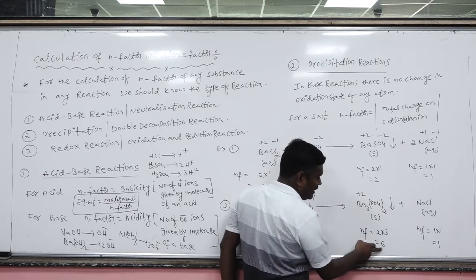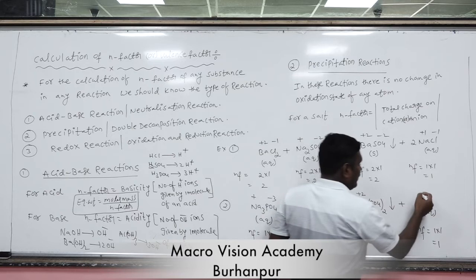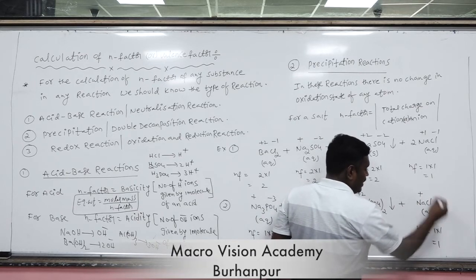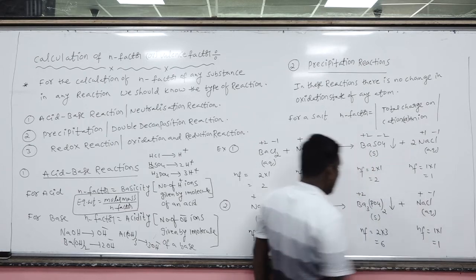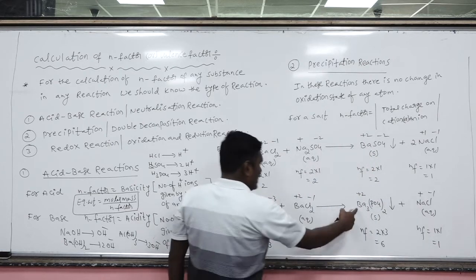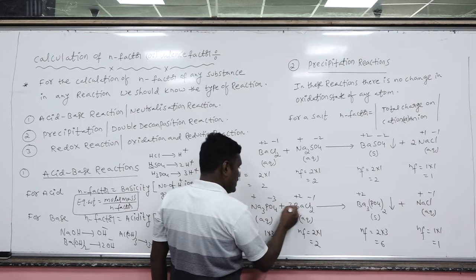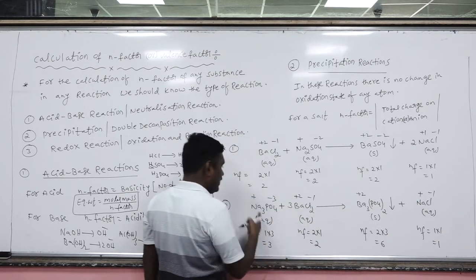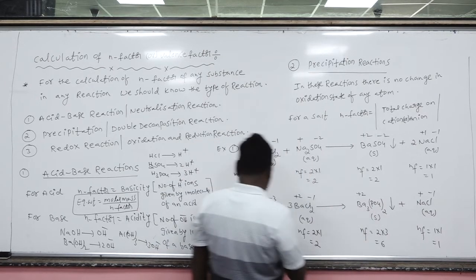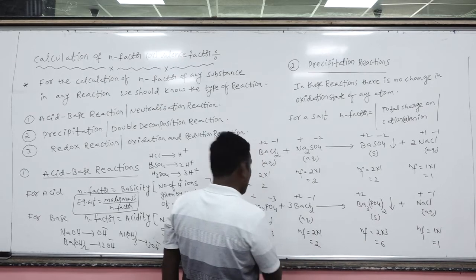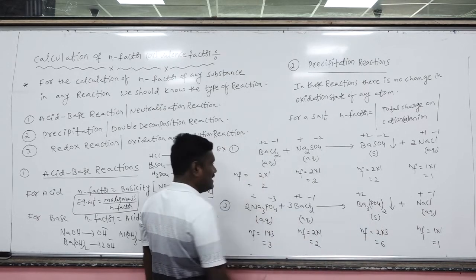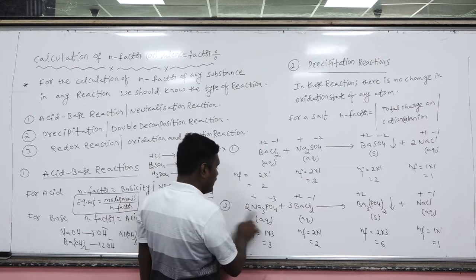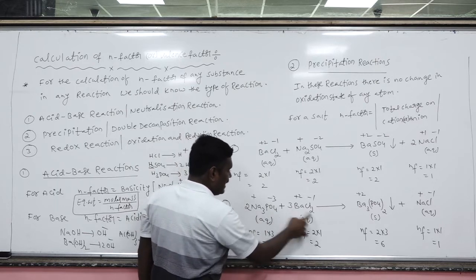2 into 3, that is 6. Okay. Sodium valency 1, number of sodium atoms 1, chlorine valency 1, number of chlorine ions 1. So 1 into 1. Remember, now I am balancing this equation. Barium atoms are 3 on the right side, so I am writing here sodium atoms are 3. Phosphate ions are 2. So first of all I am balancing the phosphate. So now the sodium atoms will be 6 and chlorine atoms will be 6.